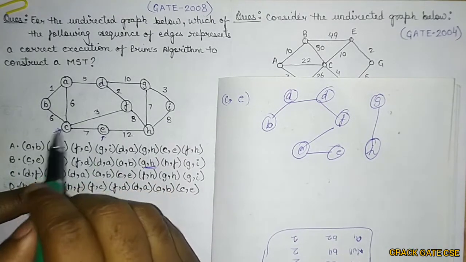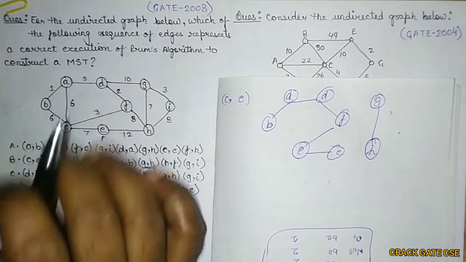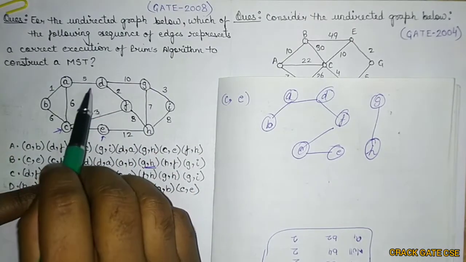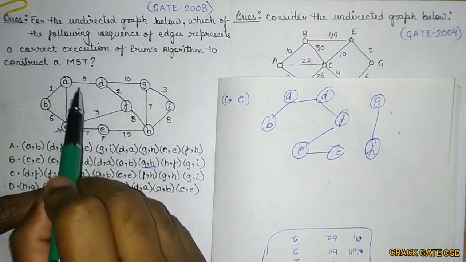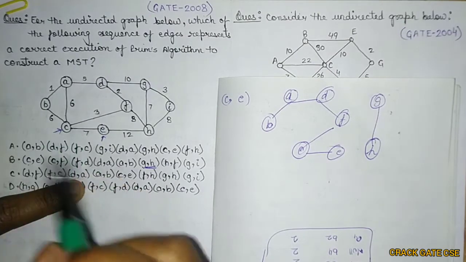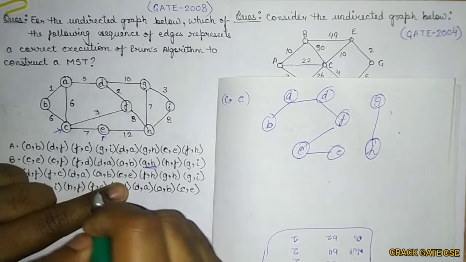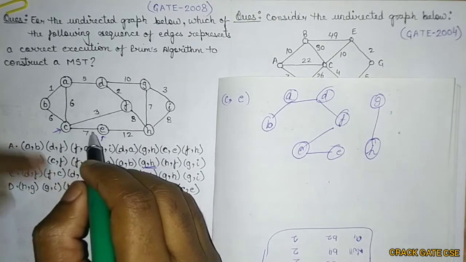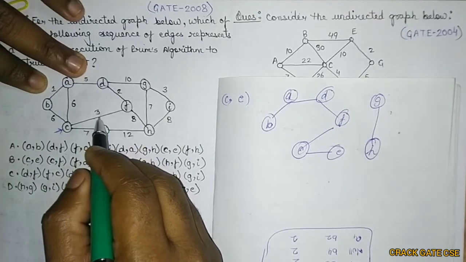After selecting FC, they have to find the adjacent edges of D, F, C and select the next minimum. The next minimum is DA, so they selected that. After DA, with A I have the next minimum as AB, so they selected AB. That is right till now. After AB, they selected CE, because 1, 5, 2, 3, these four have been covered.